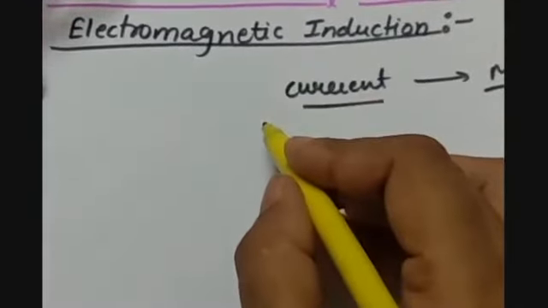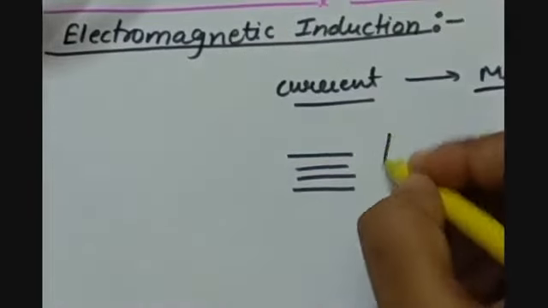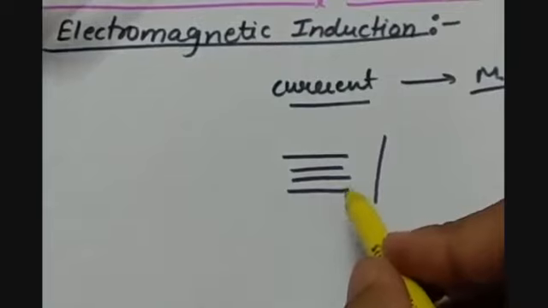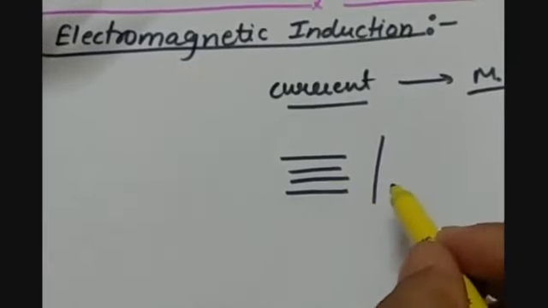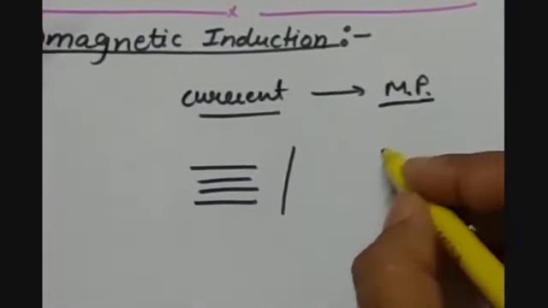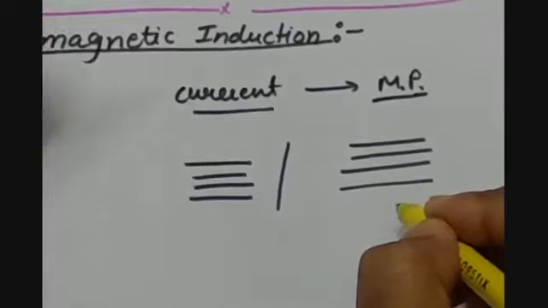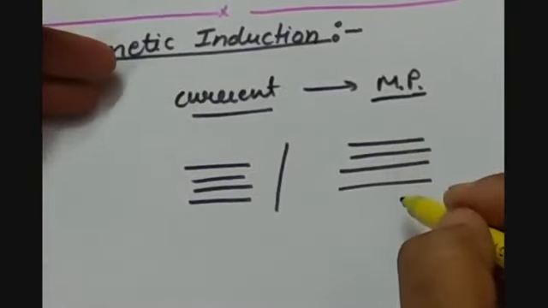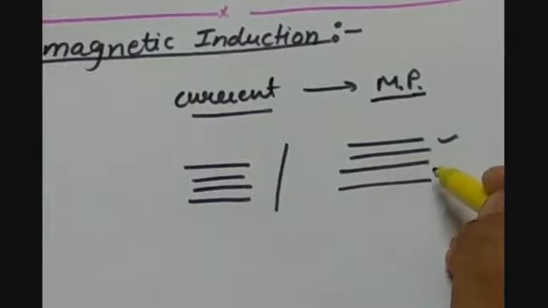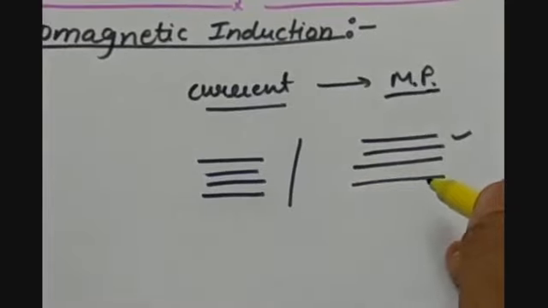This can be done in two ways. Either the magnetic field should vary and the conductor should be fixed, so that different magnetic field lines will pass through the conductor at different times, or the magnetic field is fixed, that means it is permanent, and the conductor is rotated or moved in the fixed magnetic field. Now, what is the reason that we need a varying magnetic field?